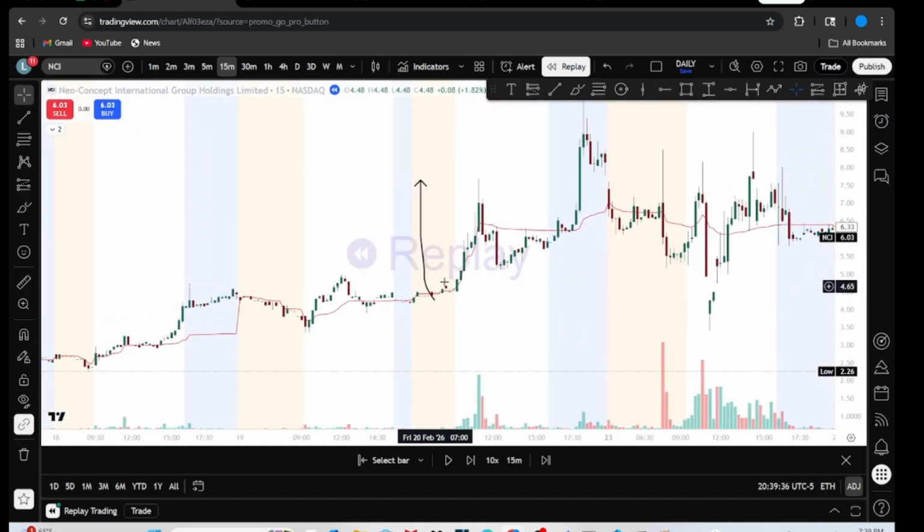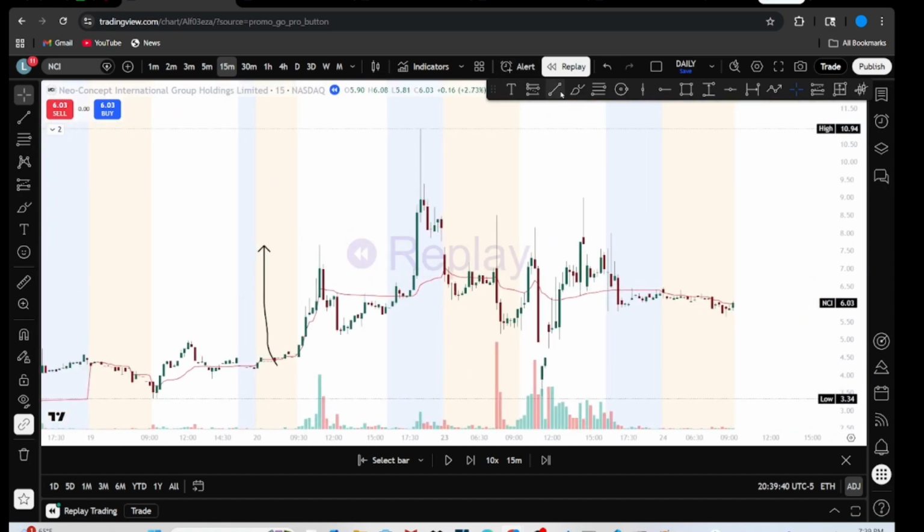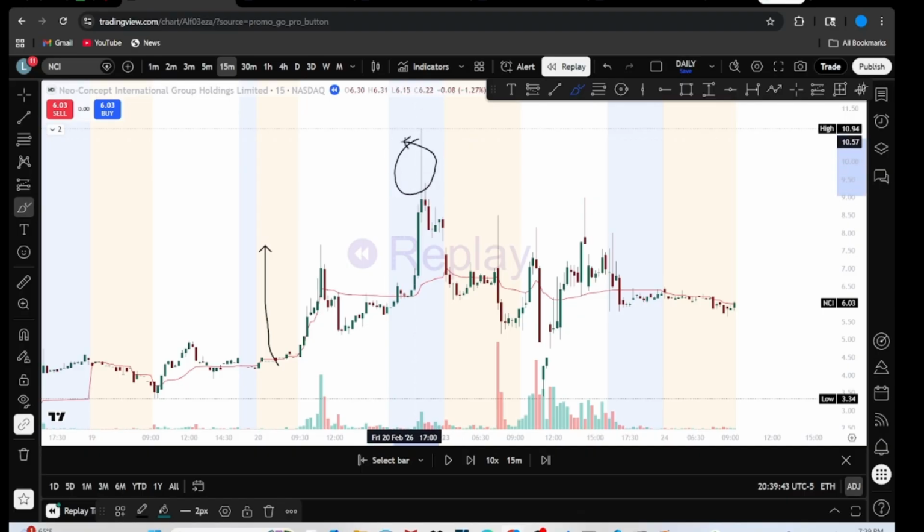So if you look, we get a big move on the intraday away from that steady trend. And then we get this move after hours. I did not see this. This was on a Friday, and I just was not on my phone or computer, and I didn't see it. However, for me, this is an area where I start taking a short starter position. And again, I did not because I was not on my phone.